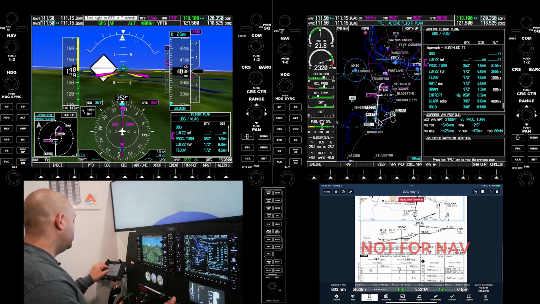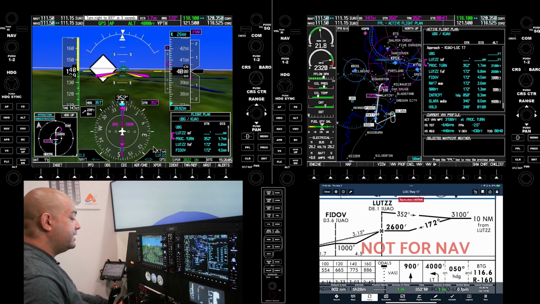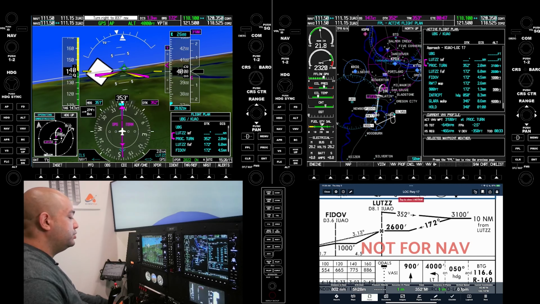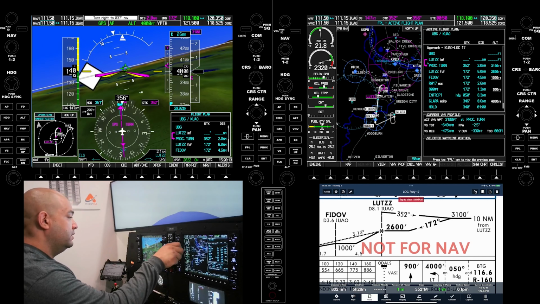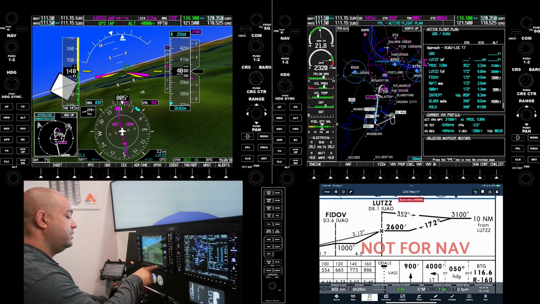Now for this procedure turn, we've got to remain within 10 miles from LUTS. And we can check that distance with the bearing pointer, which is down here. That distance, the 1.9, is GPS driven. 037. I'll back it up with the timer here, time ref.